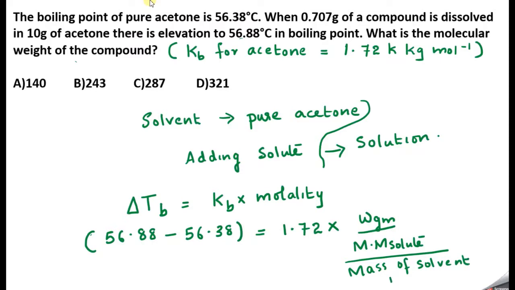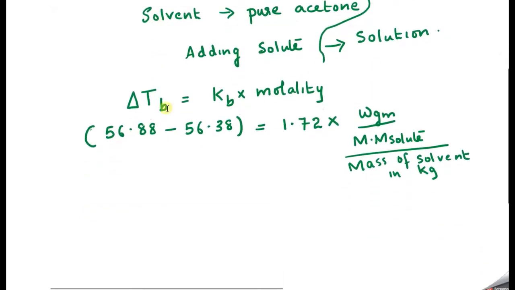So we can start substituting. Delta TB, if you do, you will get the value 0.50,